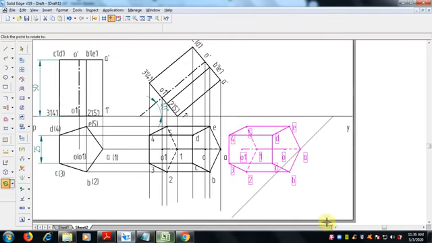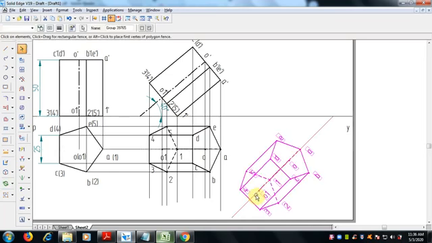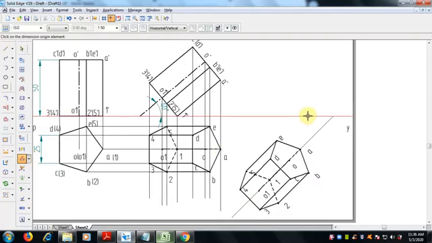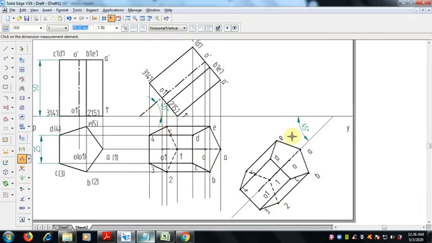Zoom for convenience, exactly keep it on the line. So now you can check the angle also. First of all, you have to check this one, 45 degree, whether it is given in the question or not. Yes, axis is inclined to VP in 45 degree. This is 40 degree and 45 degree, so both are over. Now we can draw the top view. So one by one we have to confirm it and then go.